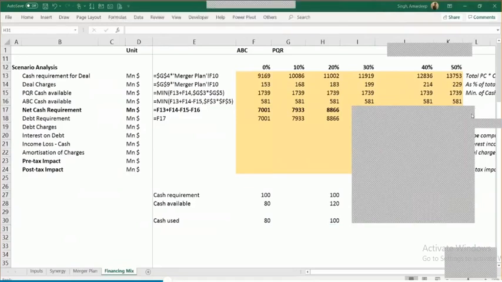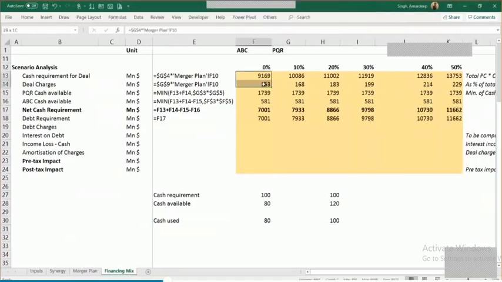So the debt component, Vishaki, is that in this case I need $9,300 million, and I've got a cash of only 2320. I combine these two. On a net basis, I still need cash to the extent of $7 billion. So that's the amount that I'm going to raise in the form of debt. Because now I don't have cash, but I still need this cash. So I don't have a choice but to go for the debt component. Or if you would like to ask the ABC shareholders to infuse additional equity, that's a different part. But if that doesn't happen, then obviously this is the amount of debt that you eventually require.